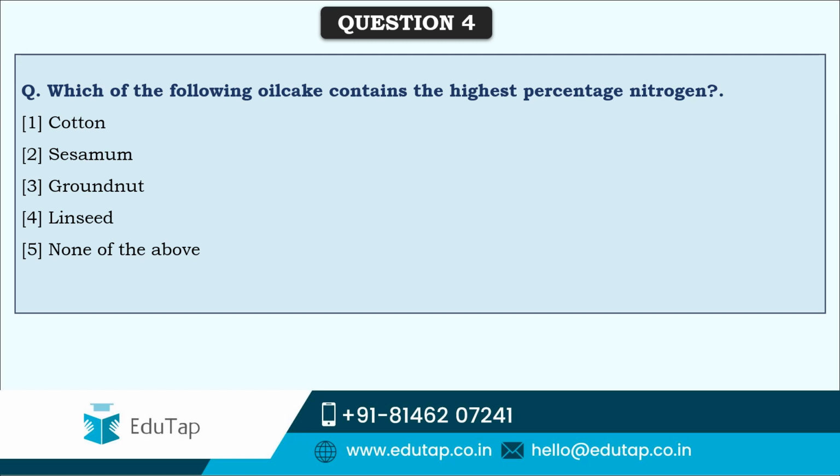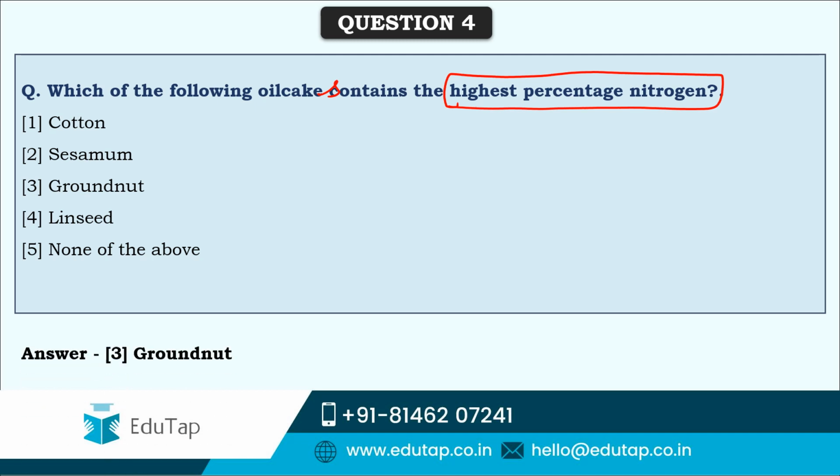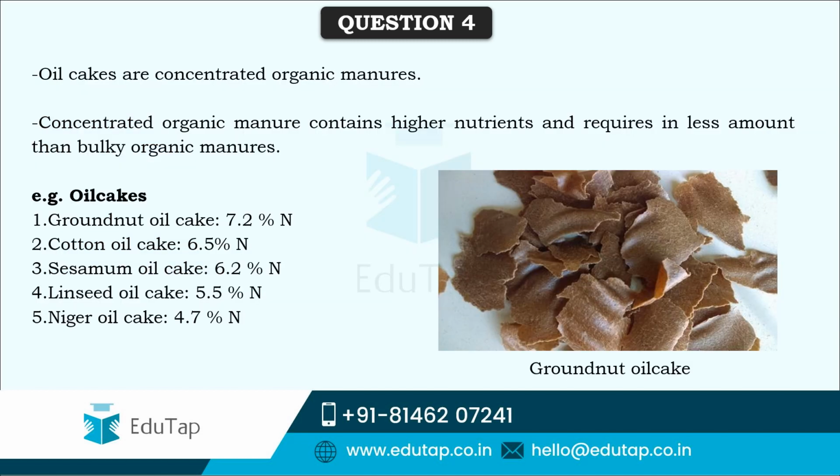So friends, here comes the question: which of the following oil cakes contain the highest percent of nitrogen, the ones which are provided here in this list. Here the highest amount of nitrogen is present in groundnut cake. As you can see here, groundnut cake is 7.2% nitrogen, cotton cake 6.5%, sesame 6.2%, linseed cake 5.5%, and Niger